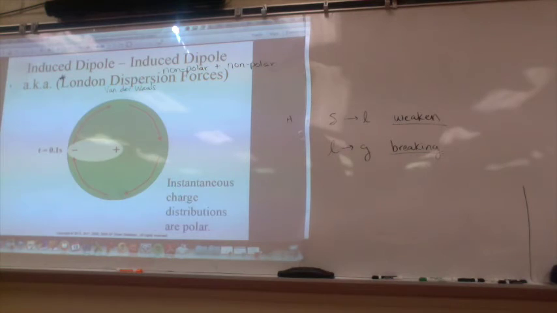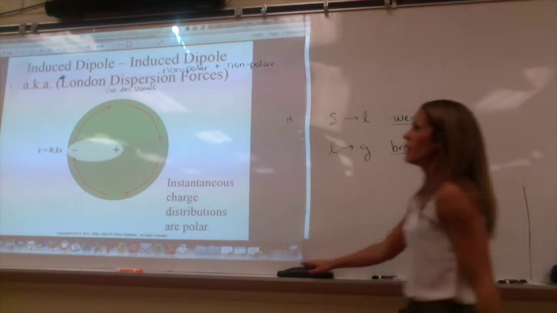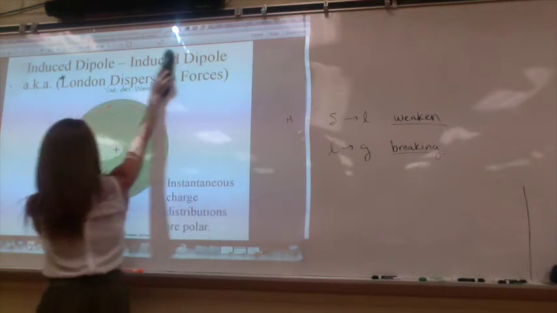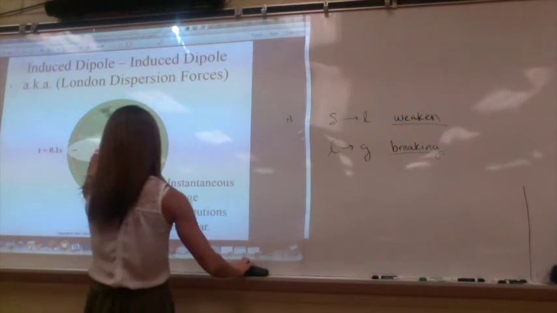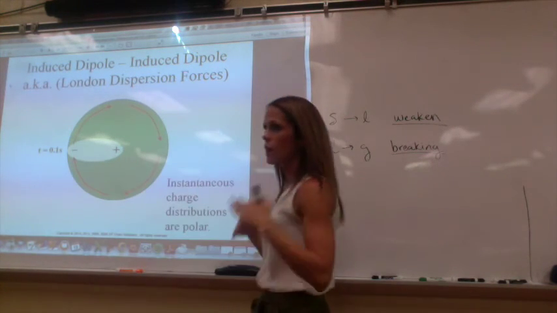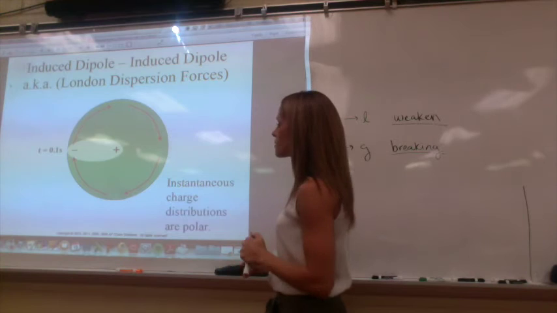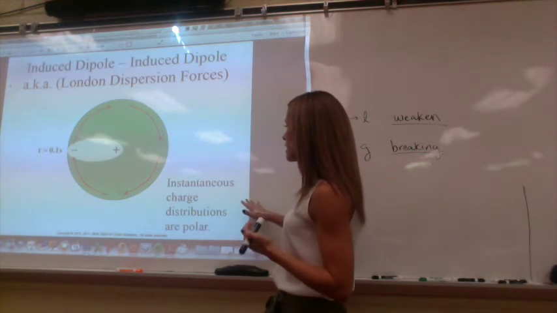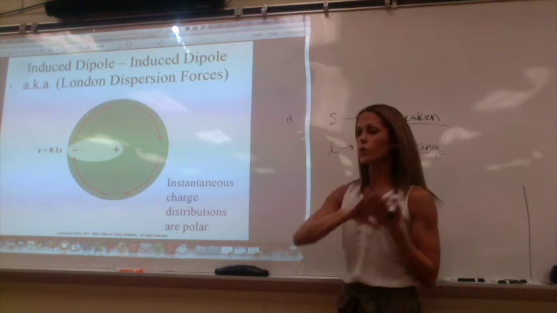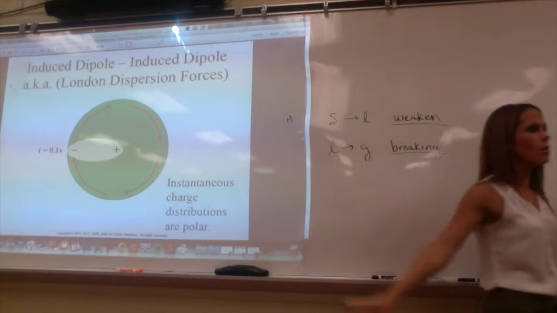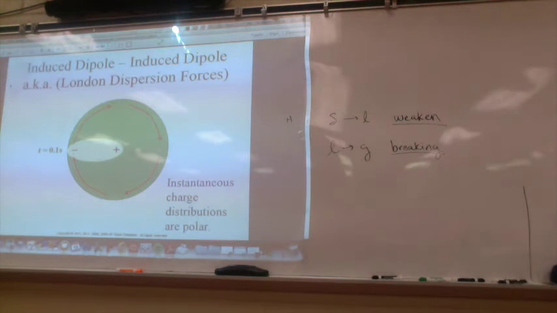In this moment, you have your nucleus in your center, and then you have electrons. In bonds, you have electrons in those valence shells. So instantaneous charge distributions are polar. If those electrons go to one side of the molecule, you create a temporary dipole moment. At this moment, I've also created a dipole moment. And at this moment, I did.